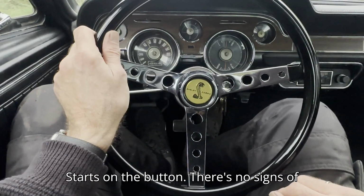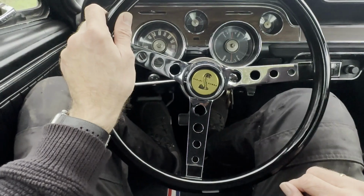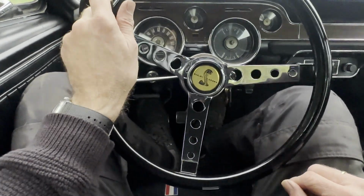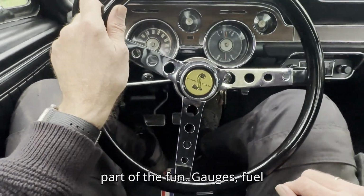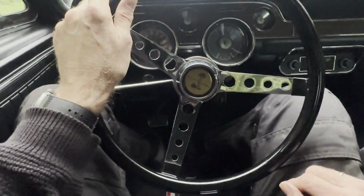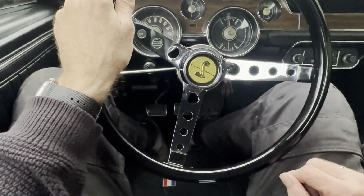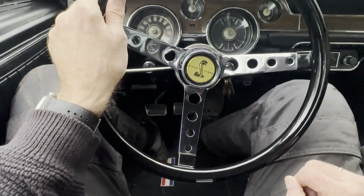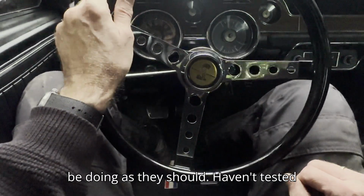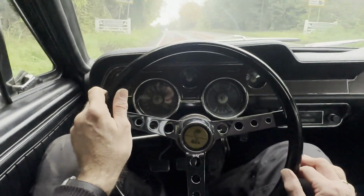Starts on the button. There's no signs of any misfiring, hesitancy or overheating. There's noises, they always are, but it's part of the fun. Gauges, fuel gauge is working, speedo, temperature gauge, what else have we got? Oil pressure and alternator all seem to be doing as they should. Haven't tested the original radio, it's fair to say, but